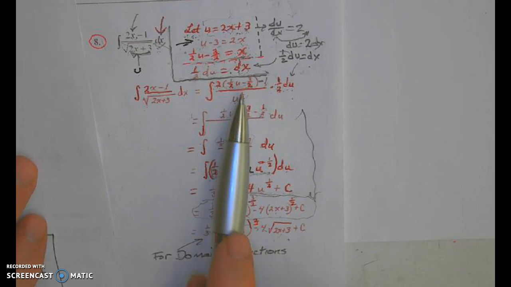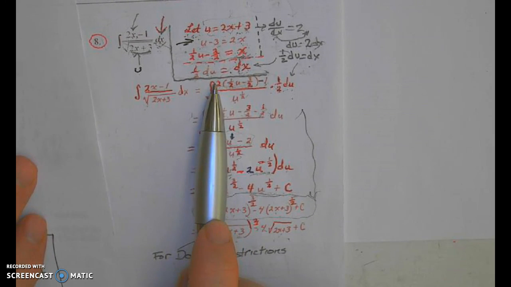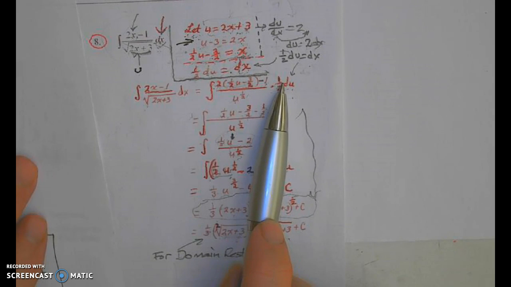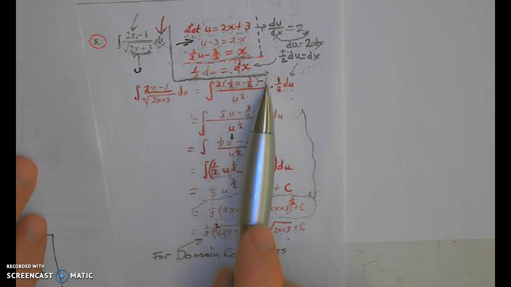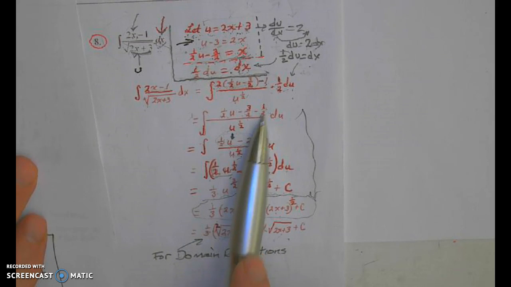Now another way to work through from this step to this step is to look at the 2 right here, multiply by 1/2, and the 2 and the 1/2 both drop out. Then I'm left with 1/2 u minus 3/2 minus 1, which is really this expression right here. So that might be a faster way to see how we got